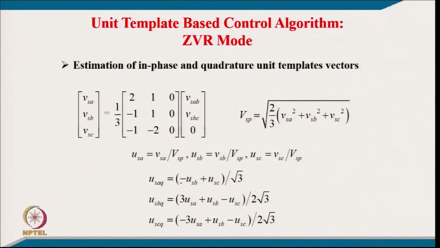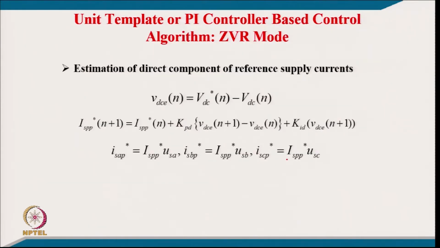I mean USQ is 90 degrees leading from USA, because we already calculated this template. So, these three templates will be 90 degrees leading: this will be 90 degrees leading from USA, this will be leading 90 degrees from USB, and this USQ will be leading 90 degrees from USC. Then coming to the direct axis of supply current, again we are using a PI controller